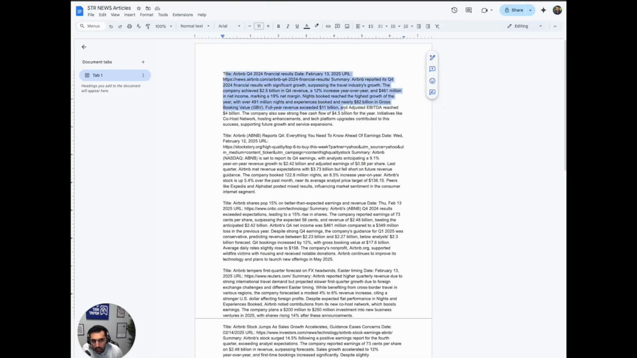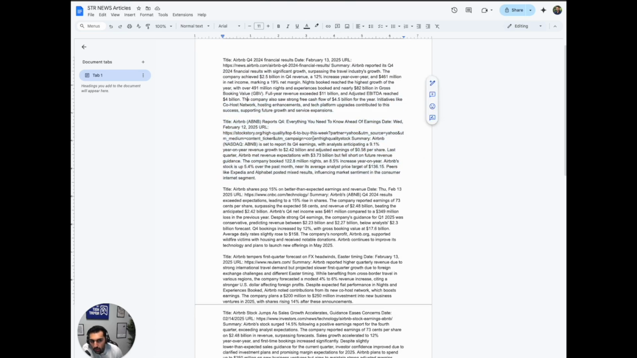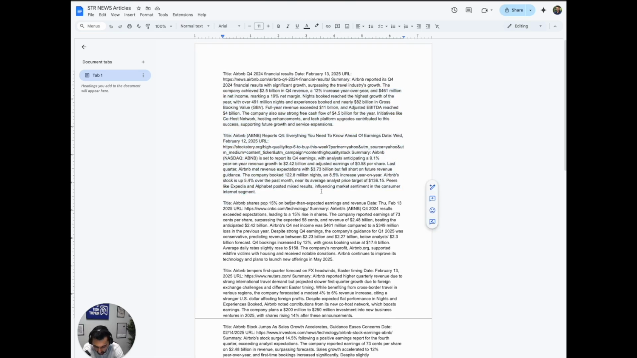But this is basically the output, which is really nice, where it's just the title of the article, the date of the article, the URL, and then a quick summary. And then what that allows me to do, this is way better, and this is where